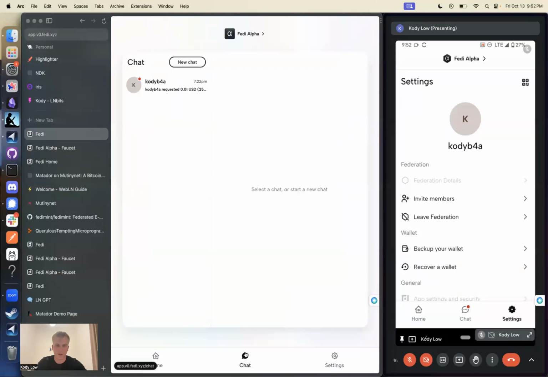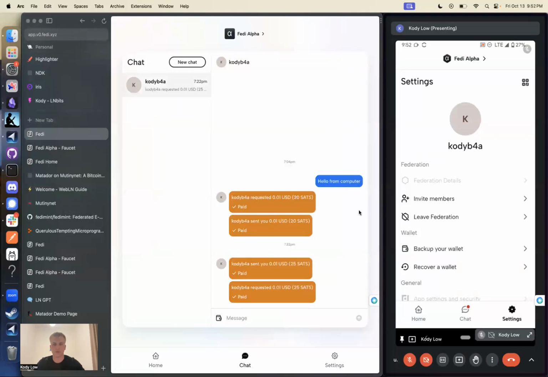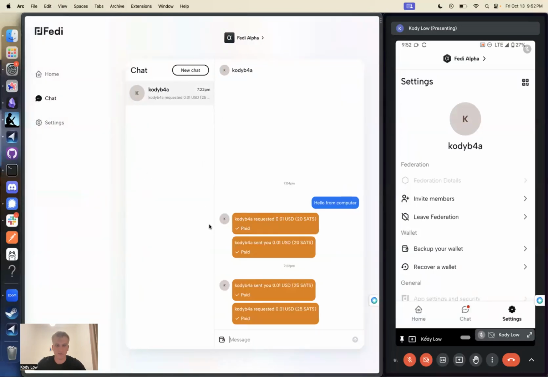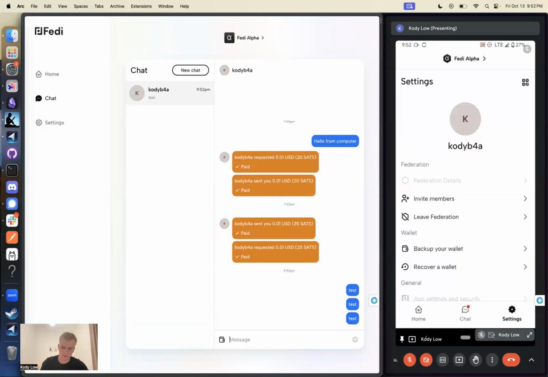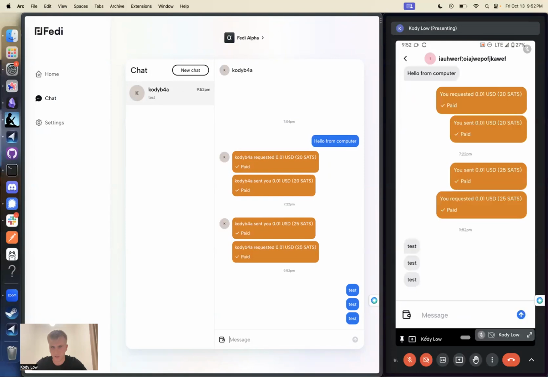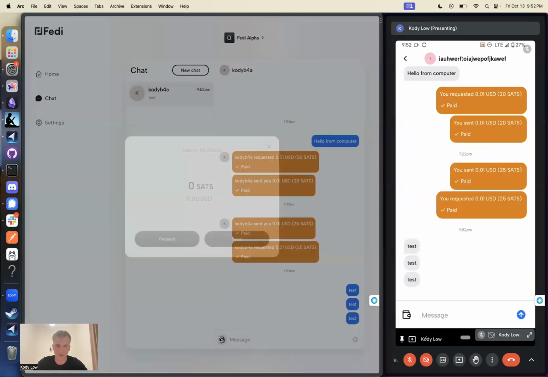One of them is you can do chat payments, right? Fedi has chat functionality embedded into it. You can run a chat server alongside the federation. So this Fedi Alpha Federation that both of my apps are connected to, they're both running on the Fedi Alpha Chat Federation, and so I can do stuff like text each other. So test. You can see that I'm getting the responses there,